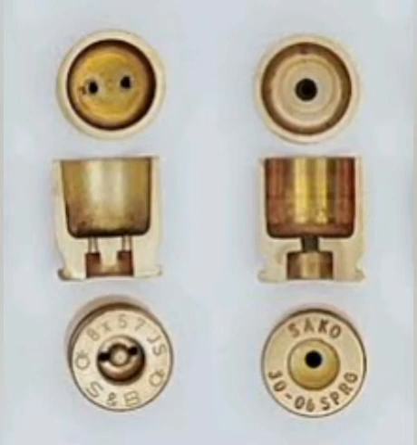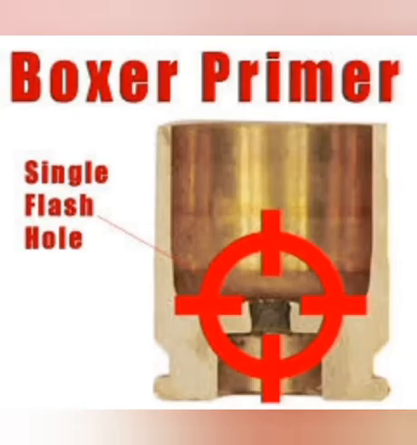Now let's talk about primer cap types. There can be Berdan primer or Boxer primer. Boxer primers are generally used for commercial purposes, and Berdan primers are normally used for military purposes, and both were developed in 1866 but by different persons. The Berdan primer was designed by Colonel Berdan, while the Boxer primer was developed by Colonel Boxer.